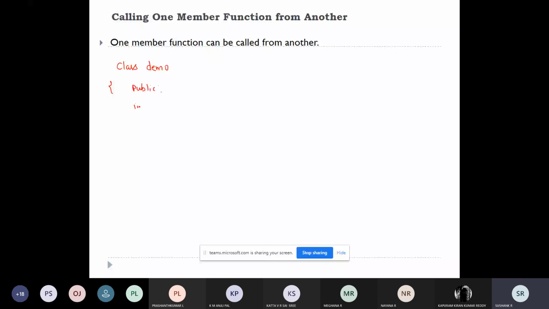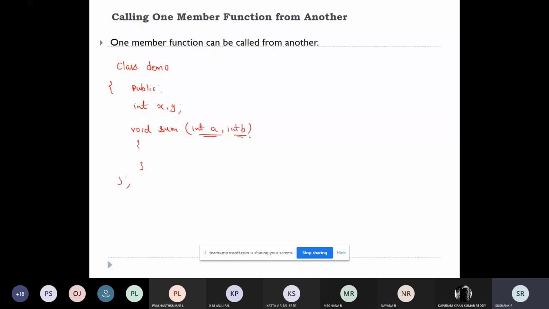Integer x comma y, and also some function called void sum. So till now, for this function, we used to pass only the basic data types as parameter.